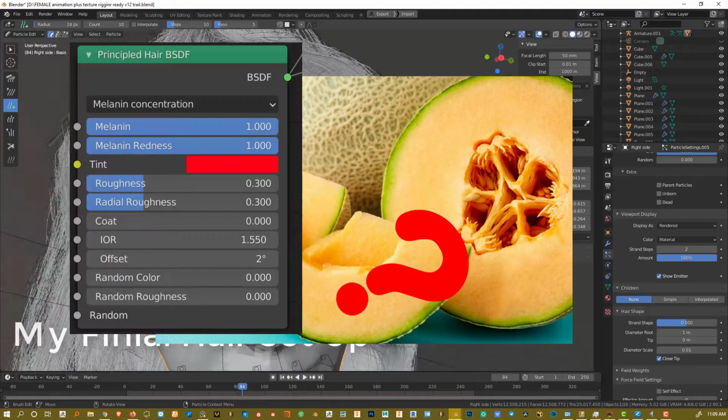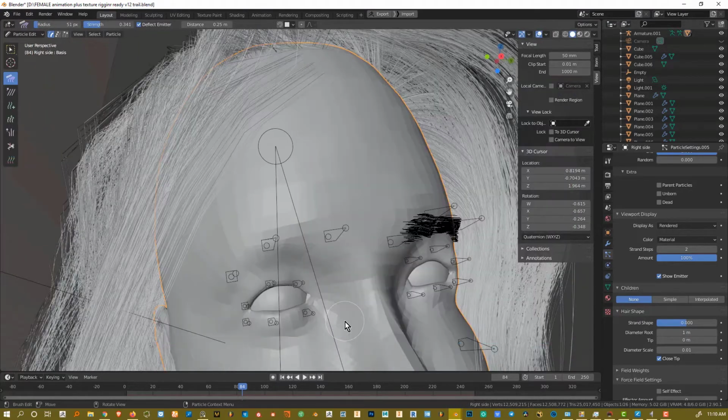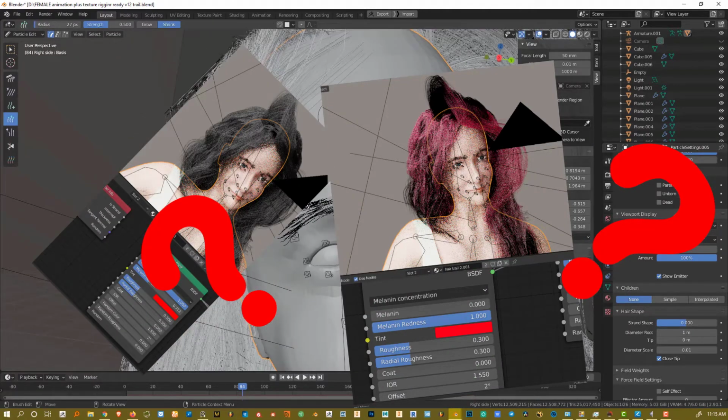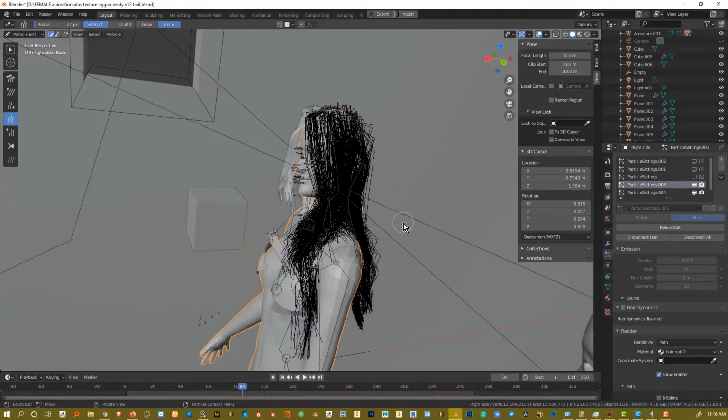Melanin, I don't know how to say it, but it's like the different transition of hair to color. It's a substance of hair that determines what color your hair is. So low melanin means like blonde or something, and high of it means black. I'm not sure. Another issue, a genuine issue which I'm pretty sure is a bug inside Blender, came up while working